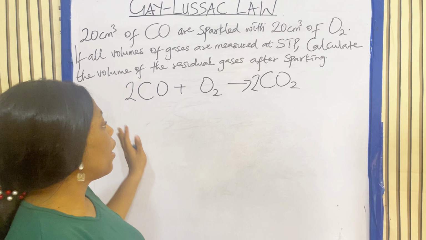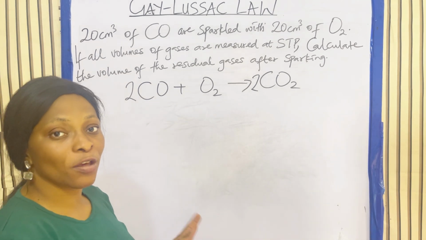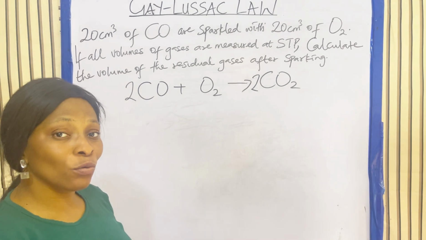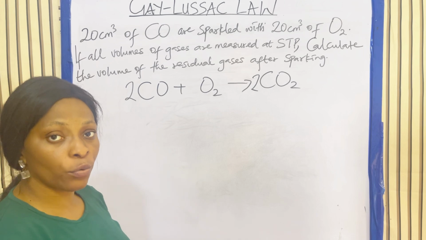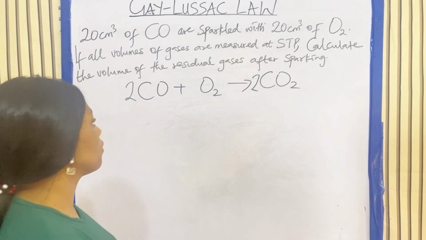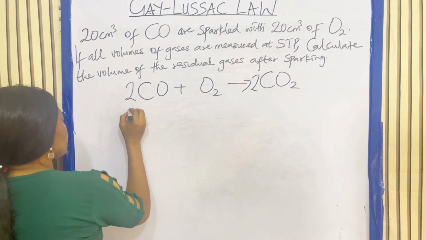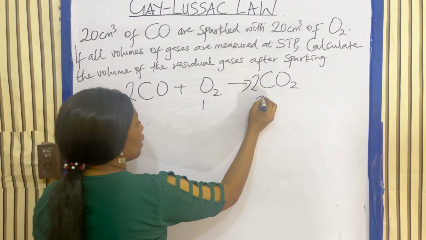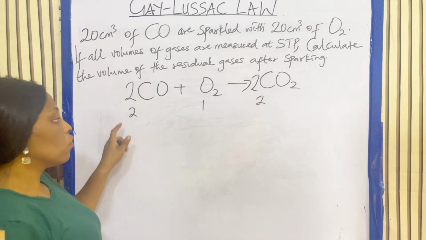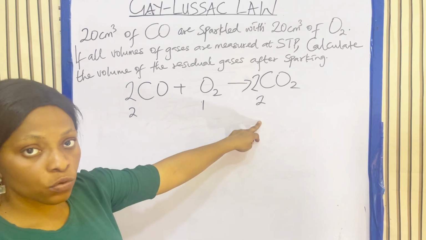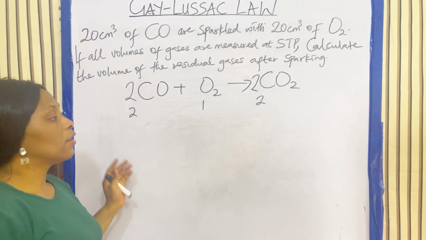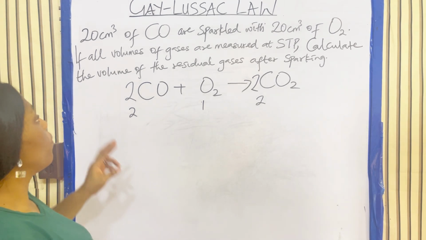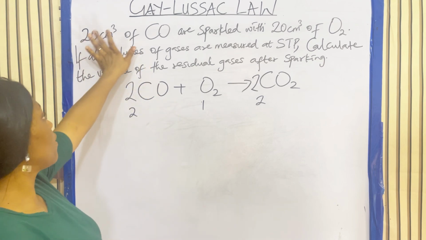So now we have gotten our balanced equation. So the next thing to do is to write out the volumes or the ratios at which the reaction takes place. So we are given 2 volumes, 1 volume, and 2 volumes, or you say 2:1:2. Okay, so the next thing to do now is, we were given 2 values here, 20 cm³ of carbon 2